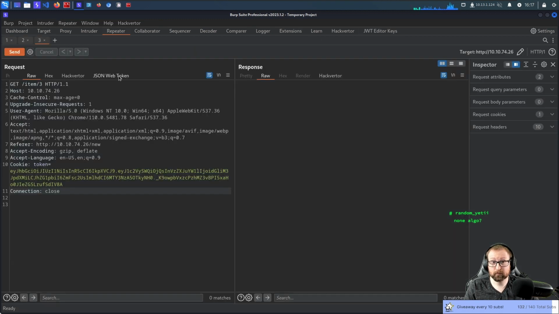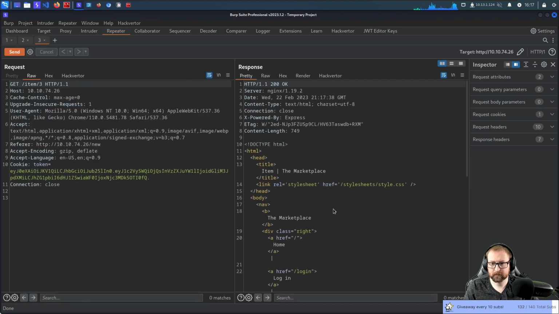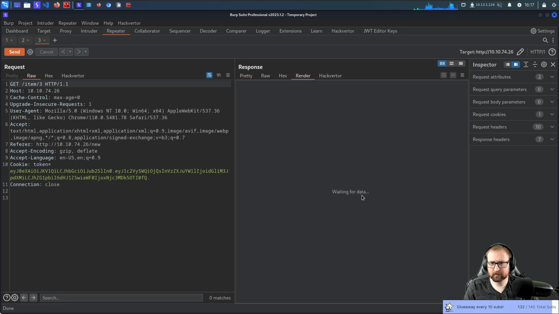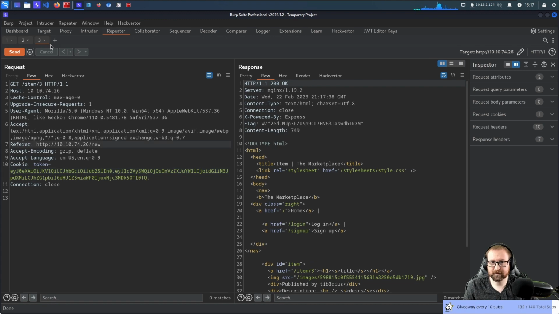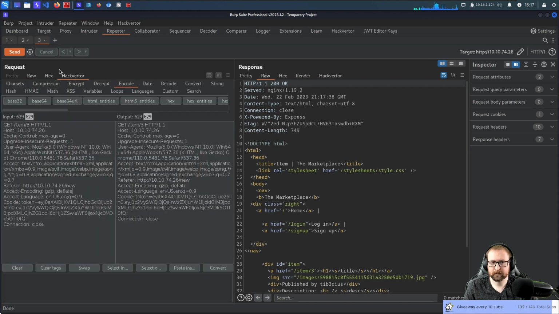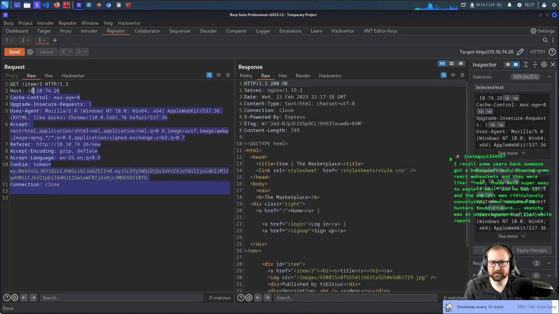Okay. So we go to Repeater, and suddenly we have this little thing here, and I can just change this to true. And I can say, can we use the none signing algorithm, please? And then I can make the request. And we can have a look and see what's rendered. No. This invalidated our session. So it's not going to be that easy.